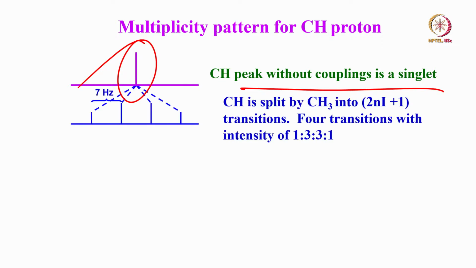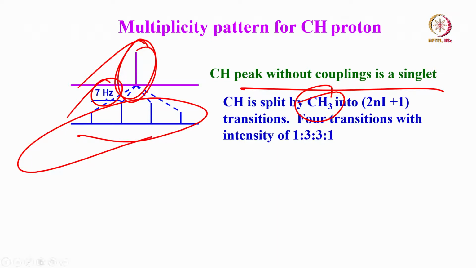Now, I am going to bring in the coupling of CH with CH3, that is the larger coupling of 7 Hertz. The first, largest coupling we can think of is the coupling to the CH3 group. What will happen when CH3 is coupled to CH? I explained to you, CH is going to become a quartet. Clearly, it became a quartet. Now, we can generate it because the separation is 7 Hertz, that is the coupling information given to you. Use this 2nI+1 rule and generate the multiplicity, you get a quartet.